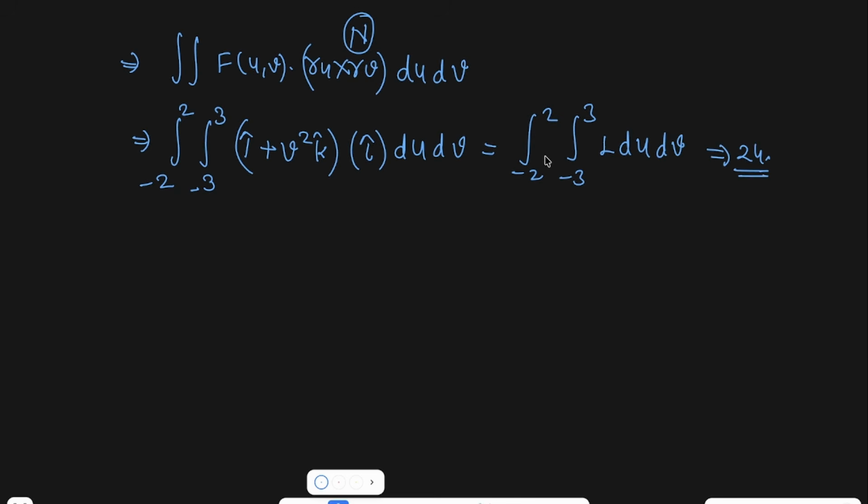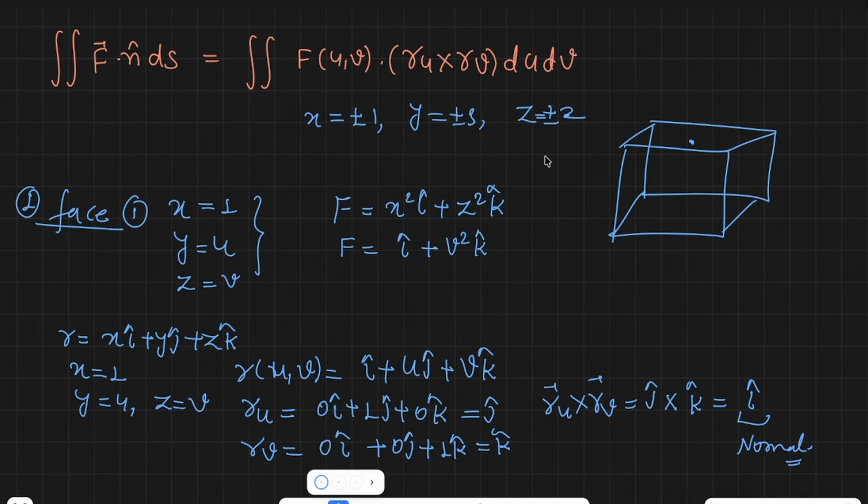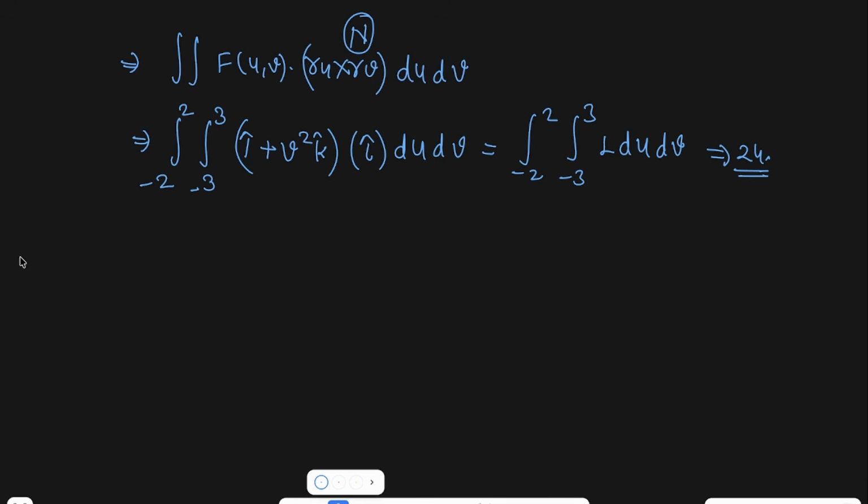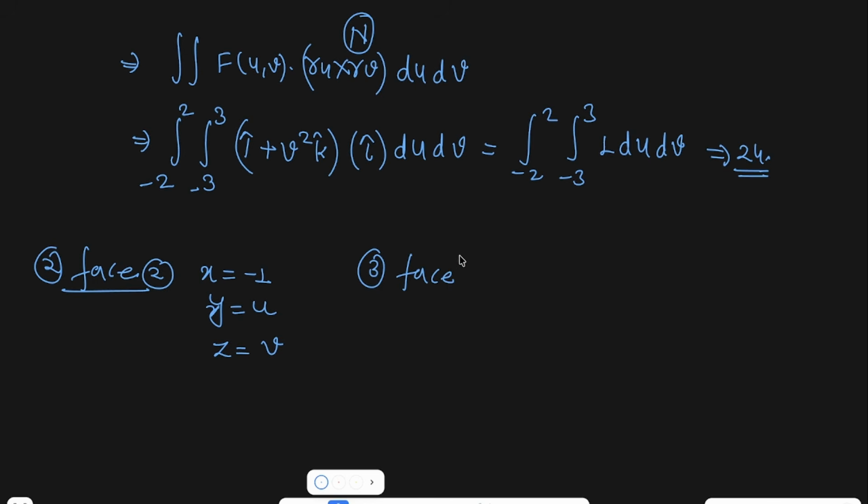This is how we got the solution for phase 1. Now we have to solve for phase 2 in a similar manner, but the change will only be that x is going to be minus 1, y is going to be u, and z is going to be v. Similarly for phase 3. In this case it will be minus 24, because